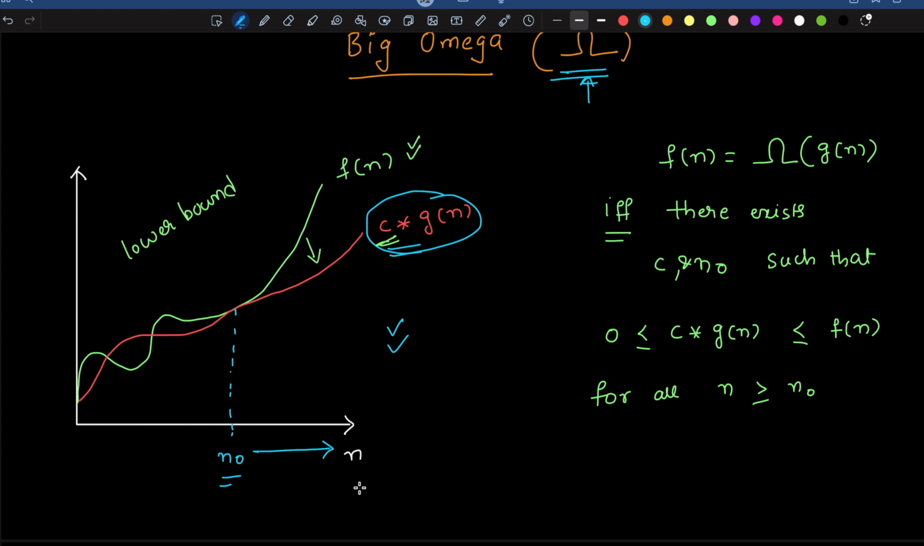And by the way, these graphs I took from the CLRS book. This is one of the best books where you can find the best visualization of these